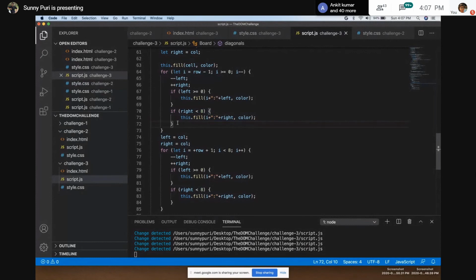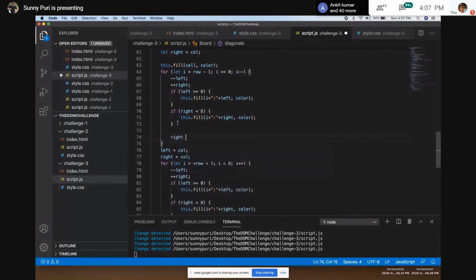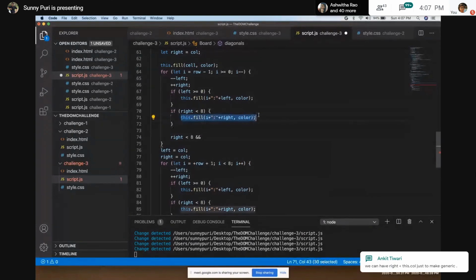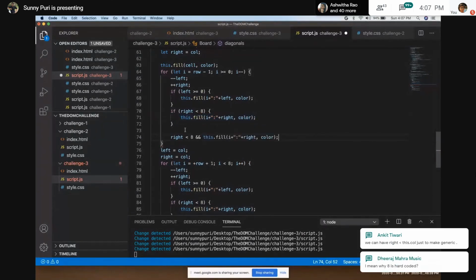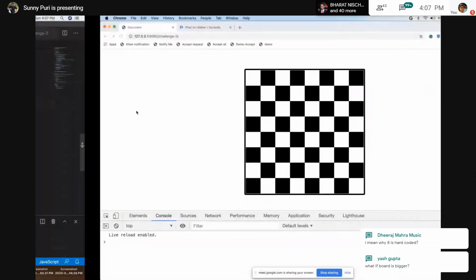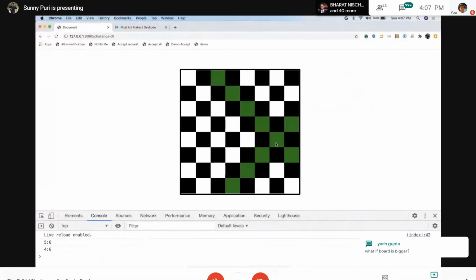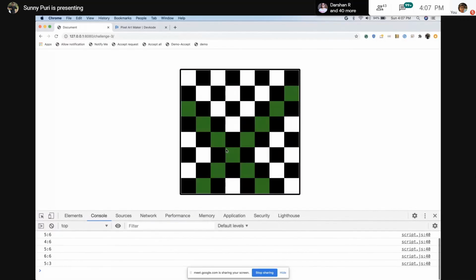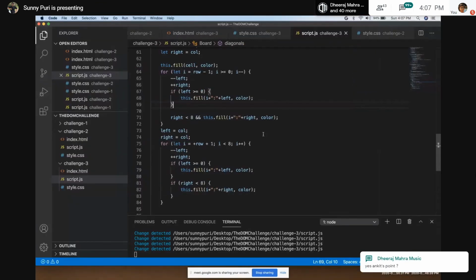How can you do it? You can do it like this: right is less than 8, and remove this part. Let's see. Getting it? So your point is correct.